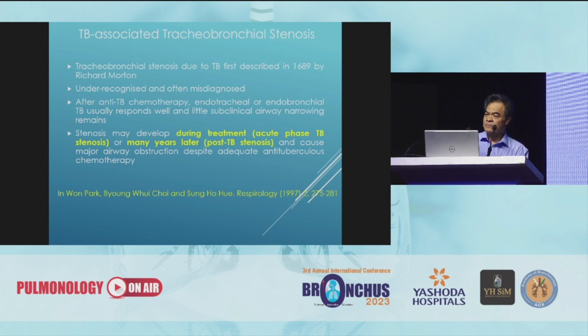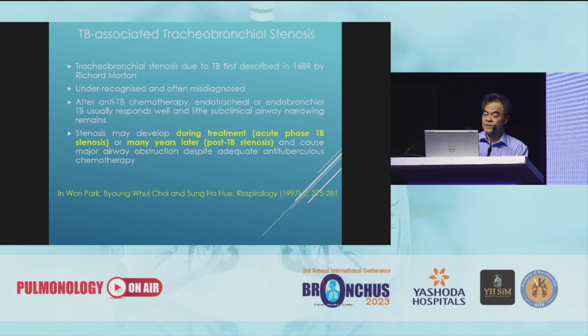And this can cause major airway obstruction despite adequate anti-TB chemotherapy. So the standard anti-TB chemotherapy does not prevent the development of TB stenosis. And so the term TB-associated stenosis covers both, whether it happens during treatment, which is called acute phase TB stenosis, or years later,